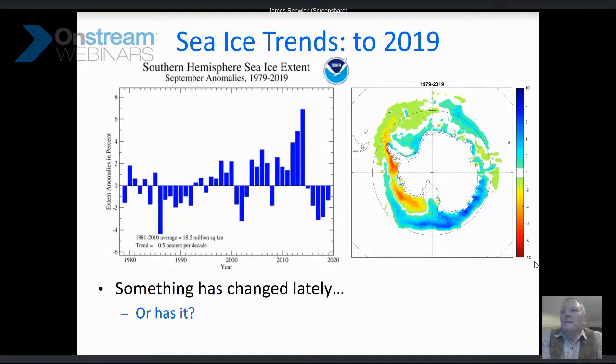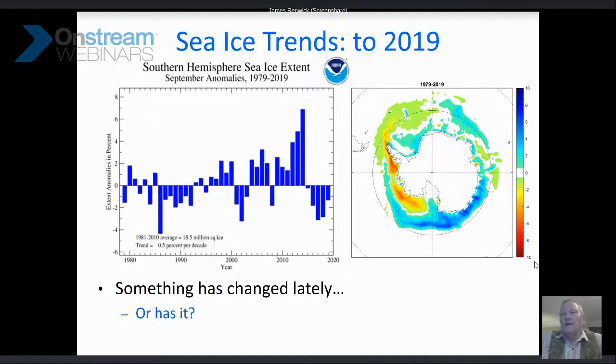pattern, but it's mostly the same years, but the colours are softer, so the overall magnitude of the trends has decreased. So things appear to have changed lately, or something's going on to cause these trends to move around. And actually, when you look at the plot on the left-hand side, and you think about the numbers here, the vertical scale is the extent anomalies in percent. That is, what percentage of this